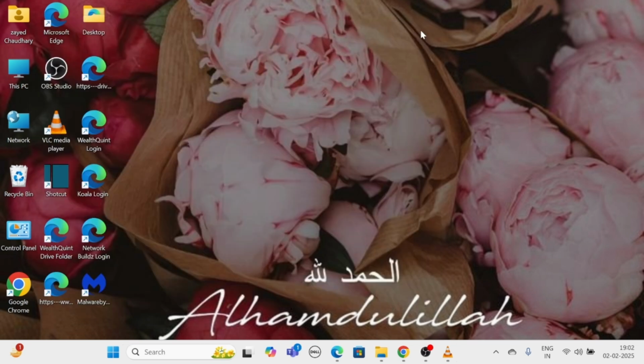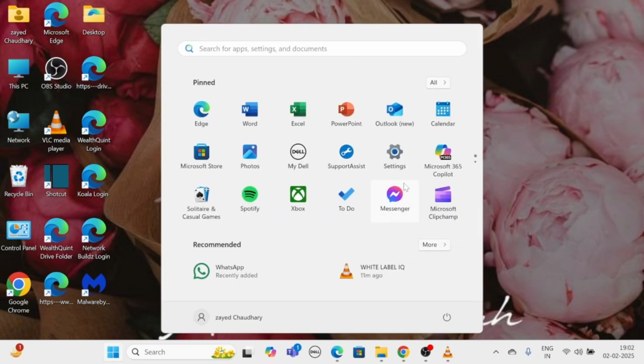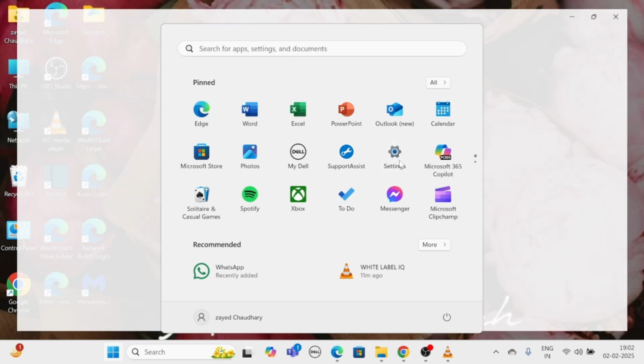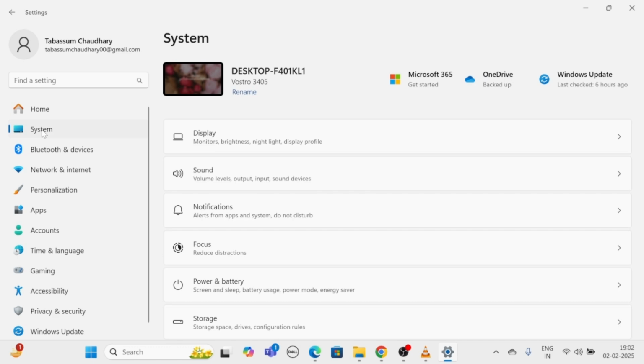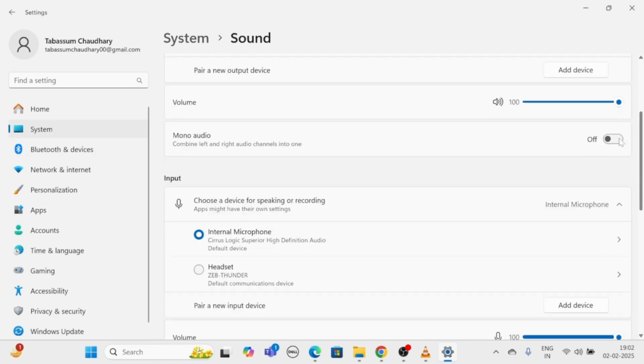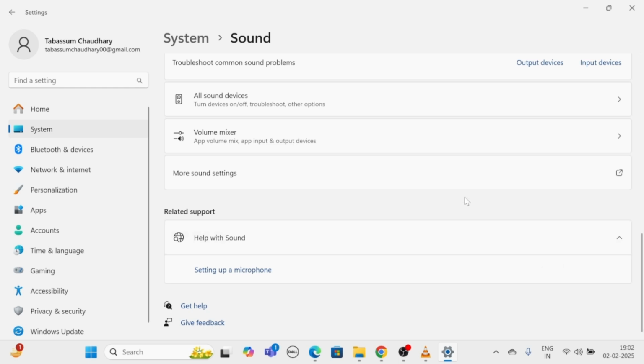Fix 5. Disable audio enhancements. Navigate to the Start menu. From here, click Settings. Then go to System. And from here, click on Sound. Scroll down and click on More Sound Settings.